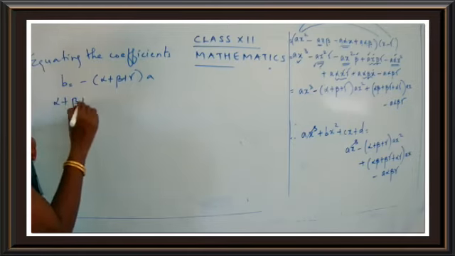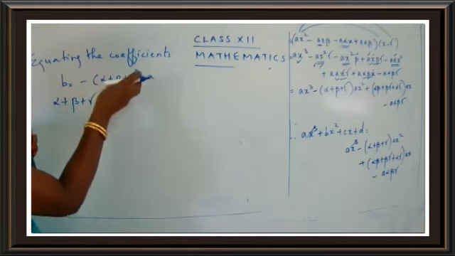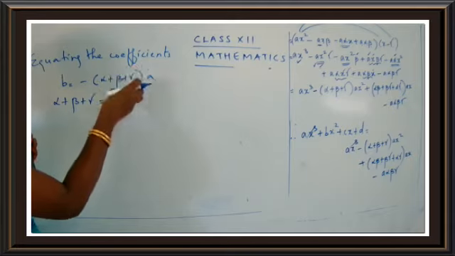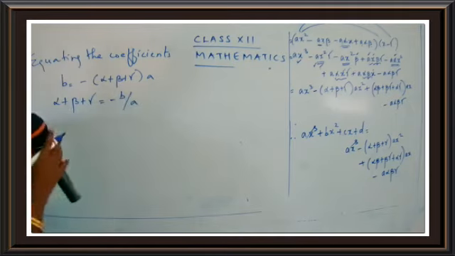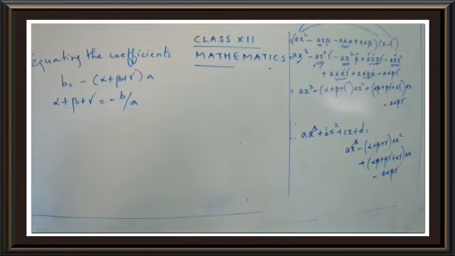So alpha plus beta plus gamma is equal to... I just want alpha plus beta plus gamma. So I will just take the minus sign along with a. I get the answer as minus b upon a. So what is the value of alpha plus beta plus gamma, children? It's minus b upon a. Getting the point?